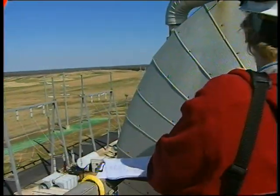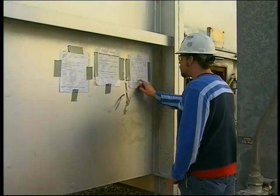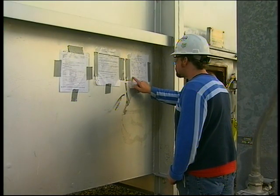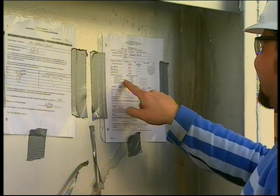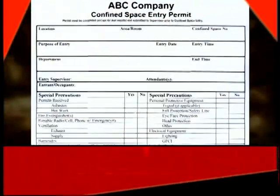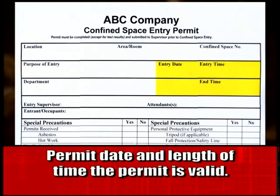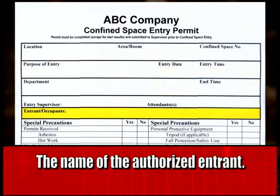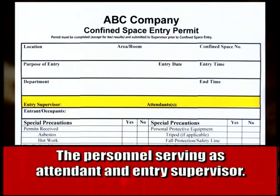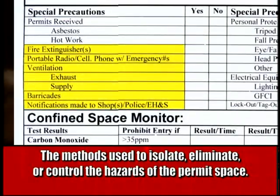Employers must post an entry permit at the entrance of a permit-required confined space. It is important for the authorized entrant, attendant, and entry supervisor to read the permit before working in or around the space. The permit must contain the space to be entered and the purpose, permit date and length of time the permit is valid, the name of the authorized entrant, the personnel serving as attendant and entry supervisor, the hazards of the permit space, the methods used to isolate, eliminate, or control the hazards of the permit space, the acceptable